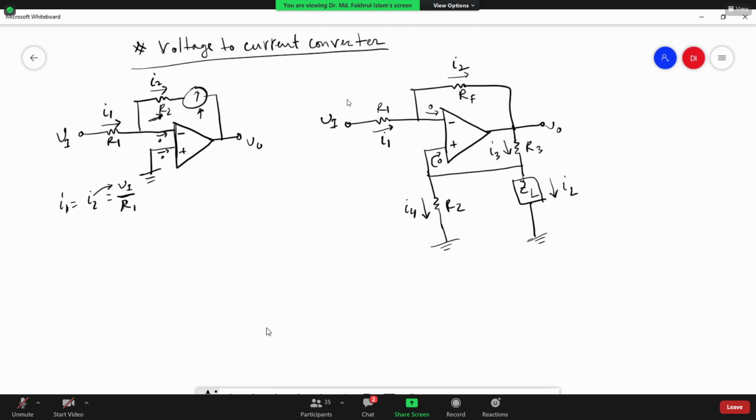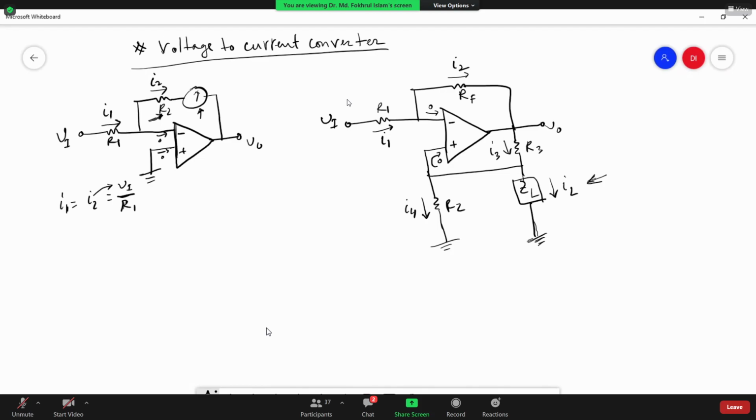Okay, then one side of the load device might need to be grounded. So we consider ground on one side of the load, which usually happens in practical applications. Now we can analyze this one, and we will show that the load current IL will be independent of the load ZL. In this case, one terminal of the load device, which has an impedance of ZL, is grounded, and the inverting terminal of 1.